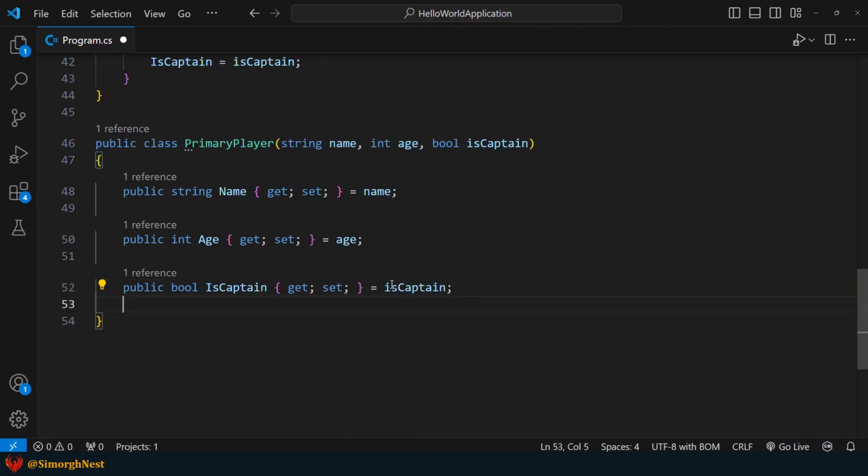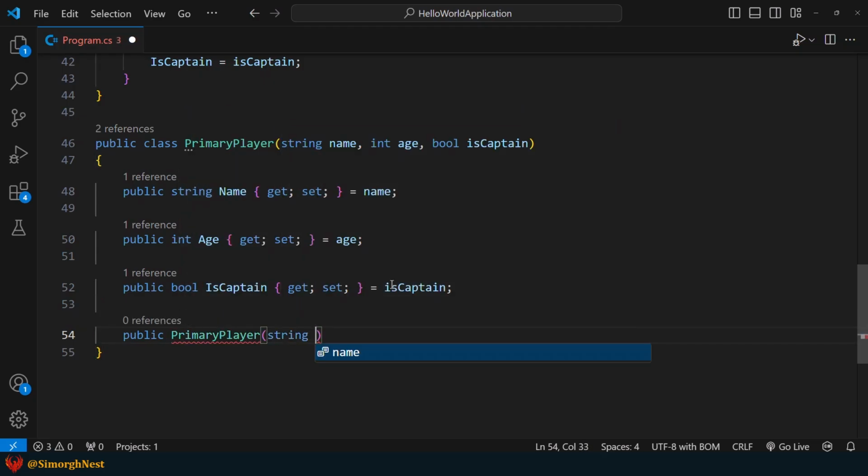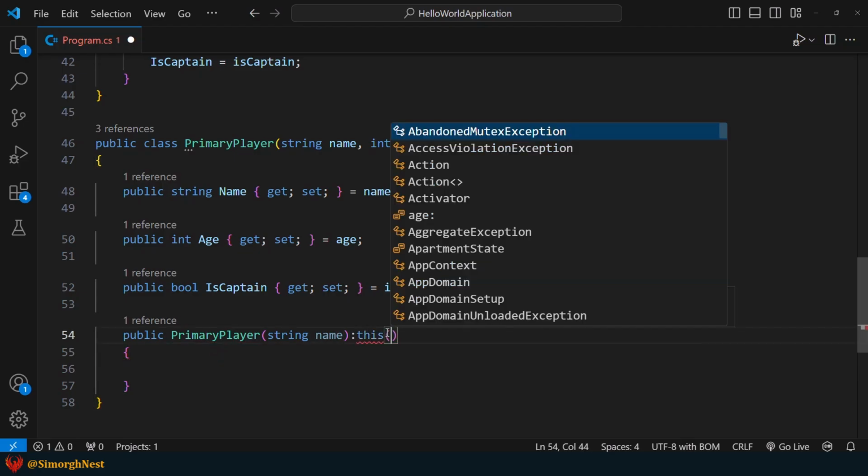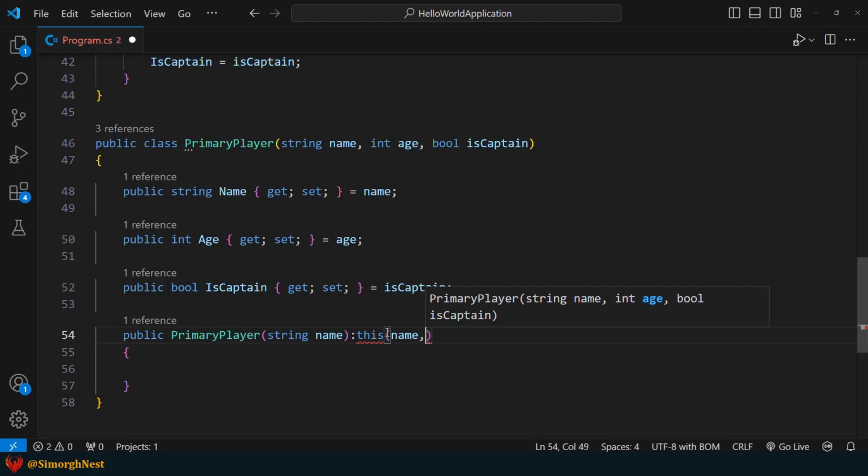Okay, let's define a constructor in primary player that takes one parameter. When we do this, we get an error because we need to directly call the primary constructor of the class. To fix this error, we use the this keyword and pass the name and also provide default values for age and is captain.